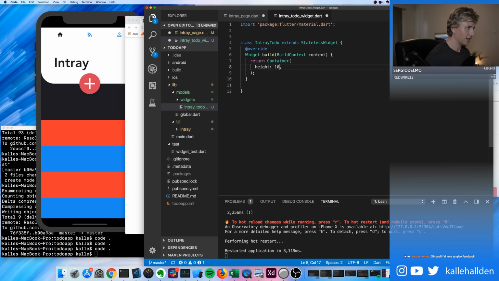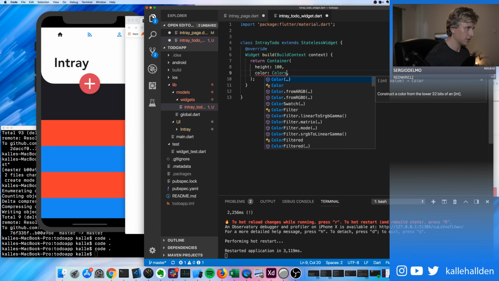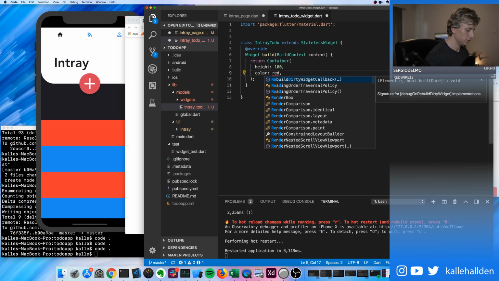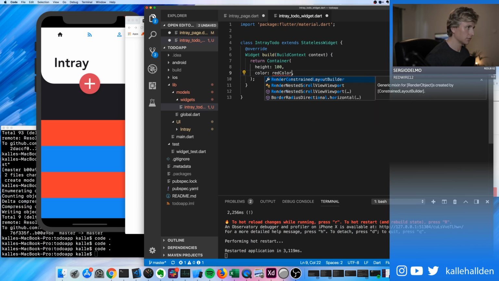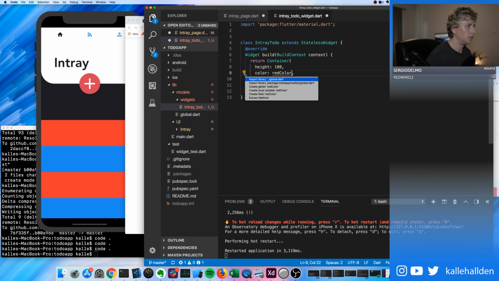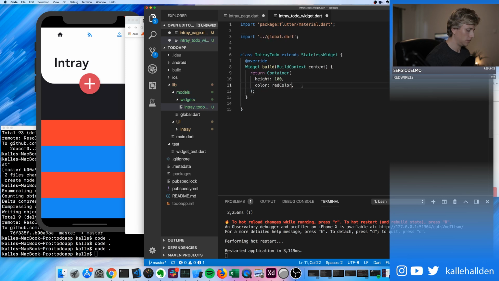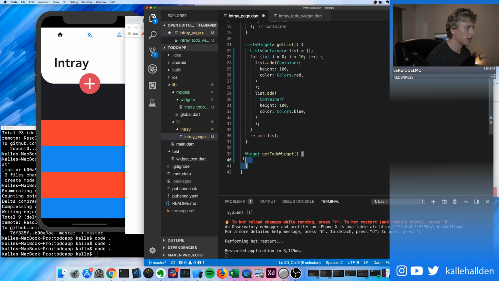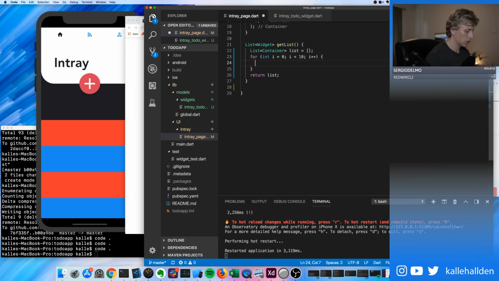Height 100, color, colors. Actually, let's just do the red color. All right, save that, and what we'll do, go to the in-tray page, and then we'll add list.add